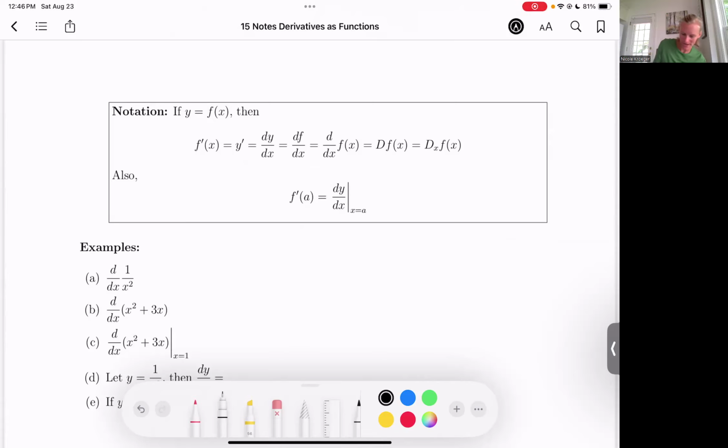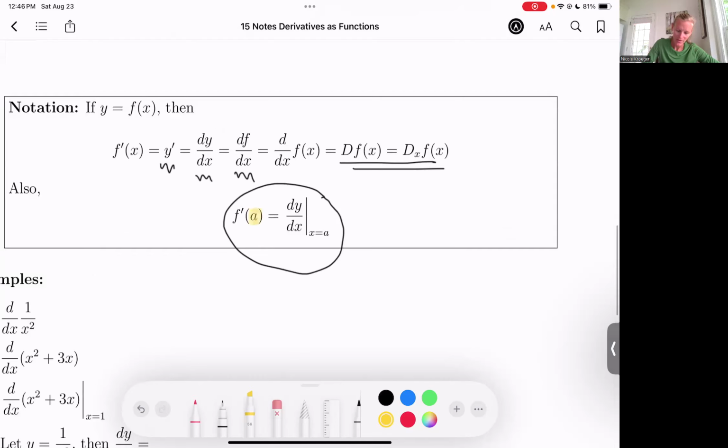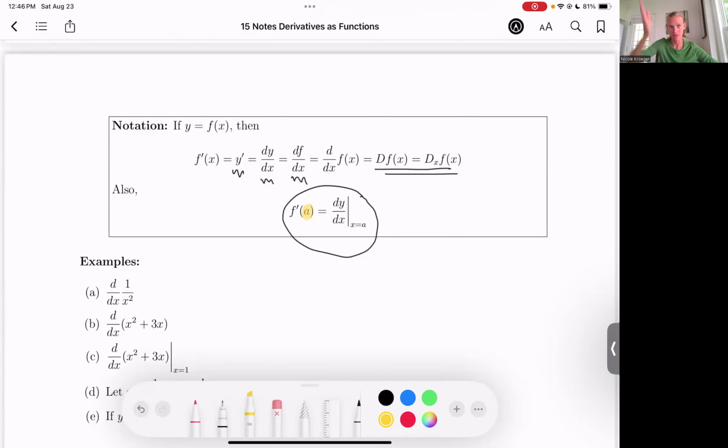Sometimes we write this as y prime. Sometimes we write it as dy over dx. This is the derivative of y with respect to x. Y is my function, x is my variable. Sometimes I write it as df over dx. Sometimes I write it as d over dx, and then the f of x over on the other side. These notations we won't use so much. These are used more like in a Calc 3 class, sometimes physics as well. And then if I'm evaluating a derivative at a point, so now we have an a in here, sometimes I will write this as dy over dx with a bar, and then telling you that you're plugging in x equals